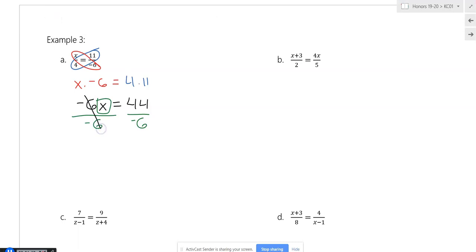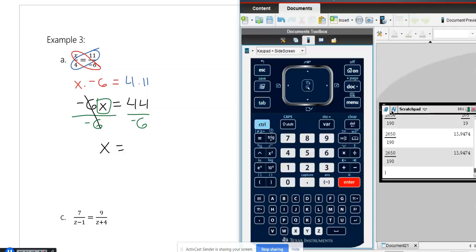They cancel here. I'm left with just that x. 44 divided by negative 6. You can always use your calculator again. And I personally like things as an improper fraction, right? Not a mixed number, not decimal. For the most part, we're going to keep things as improper fractions, or a fraction in general. If you have a different calculator and you don't know how to put things from a decimal to a fraction, make sure you ask on this first day so that you understand how to do that. So we have x equals